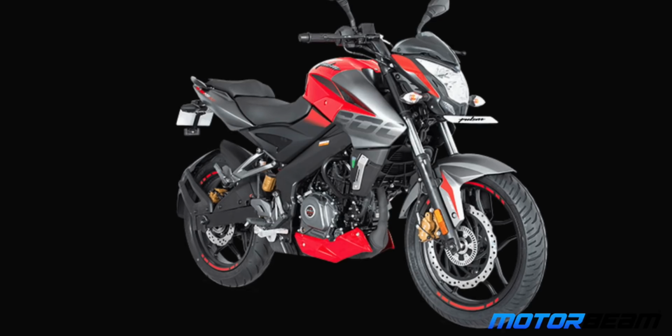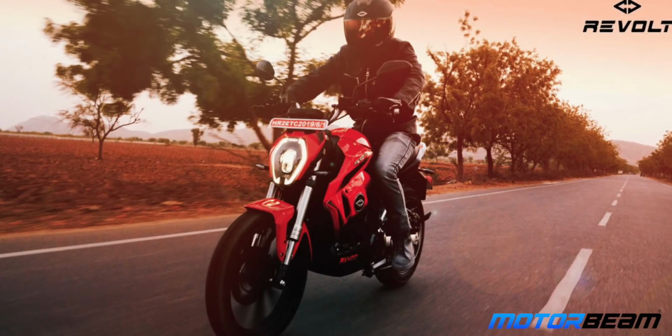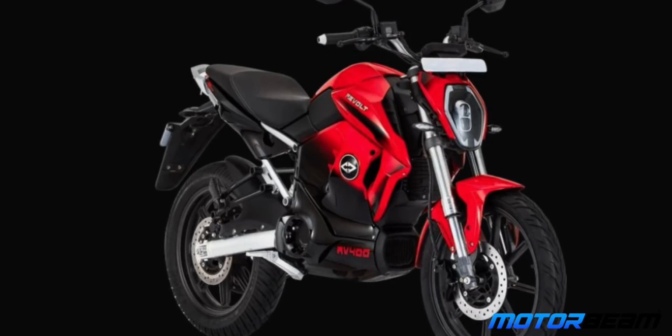Second year onwards, considering the most ideal conditions of no crashes or accidents and a decent mileage on the meter, the cost of consumable increases and the service charge starts to come in. About 10,000 for the NS200, but it goes up to rupees 6,000 maximum for the Pulsar 125. Even now the RV400 is free of charge as the maintenance cost for the first 3 years is included in the cost of the motorcycle itself. Not just that, even the cost of one set of tire replacement comes under the cost of vehicle. Only charges that are needed to be paid for are damages or replacement for the brake pads, which is at